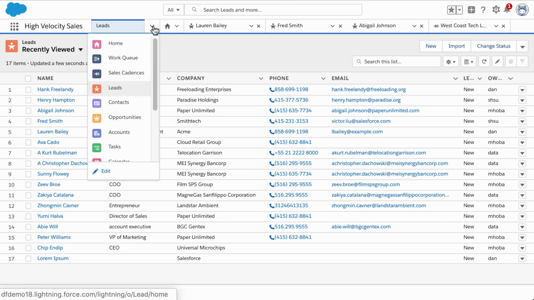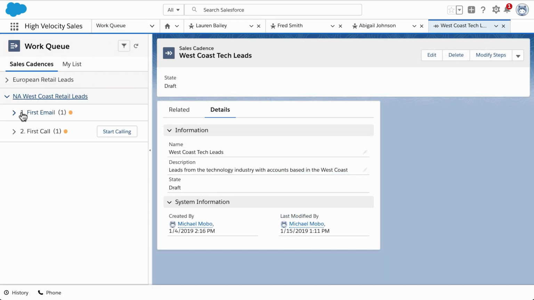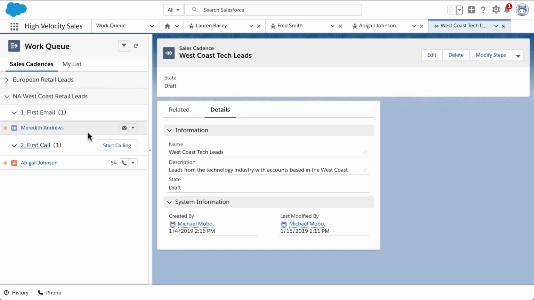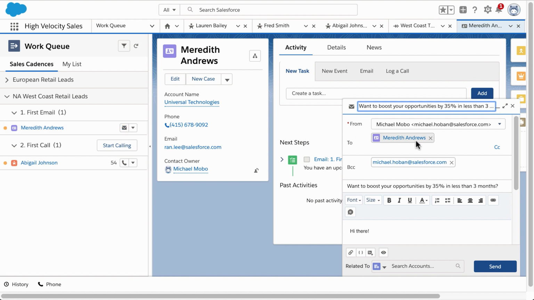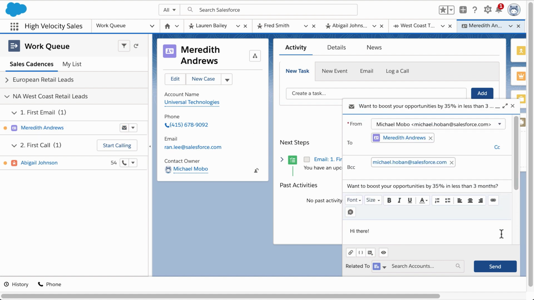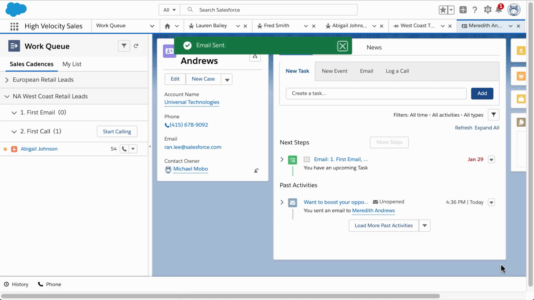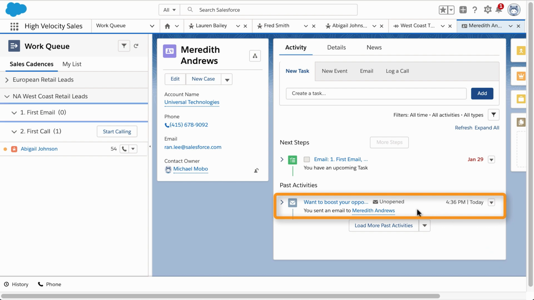Take action directly from the work queue. To send emails, simply click the mail icon. And with email templates, you can work through multiple emails in no time at all. With Einstein Activity Capture, relevant emails and events are automatically associated with records, so you don't have to worry about